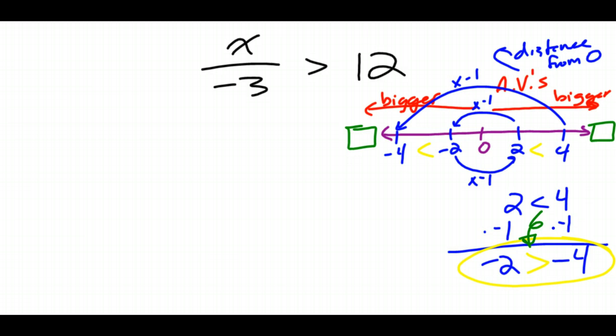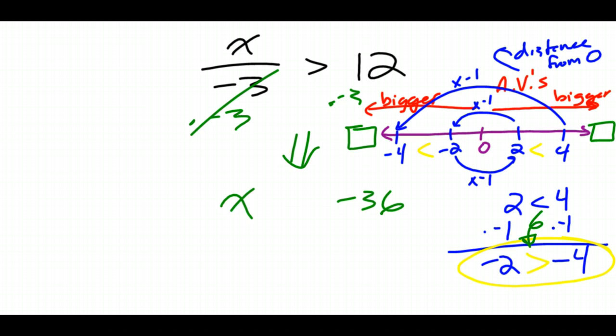So x divided by -3 is greater than 12. Multiply both sides by -3. Bring this down here a little bit. We get x. 12 times -3 is -36. But again, because -3 is negative, we have to flip that sign around, and it becomes x is less than